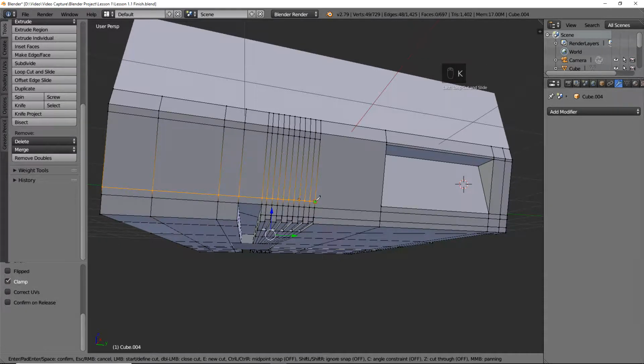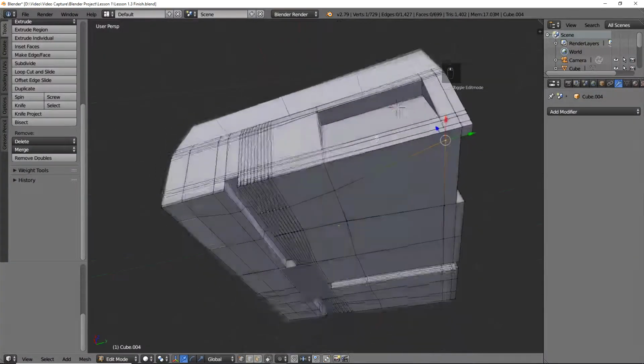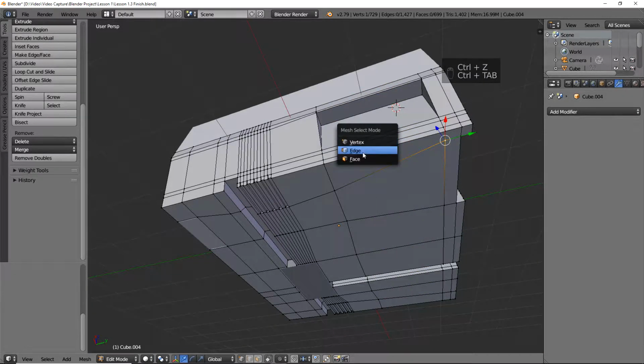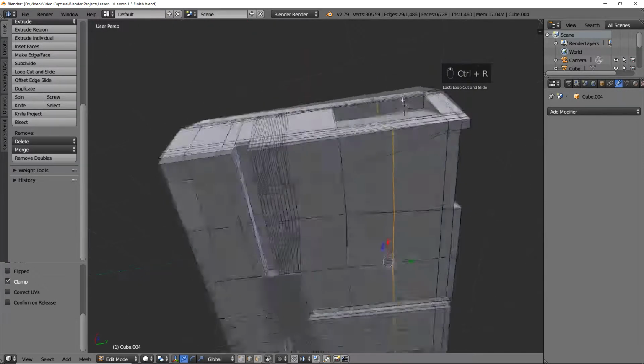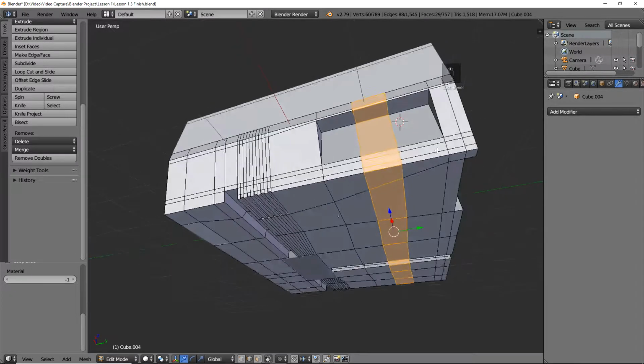Here you can use the knife tool by pressing K to make a few cuts into our geometry, and then you click on one vertex and then the other, and it makes a line. Once the line is made, just press enter. The knife tool is a bit fiddly, so be careful. To create our vents, let's insert a loop cut here and place it in the middle, so left click out of it and use the bevel tool. Get the size to match the reference